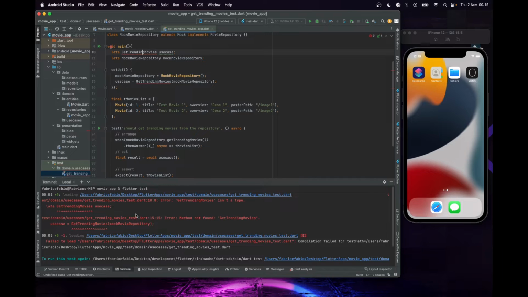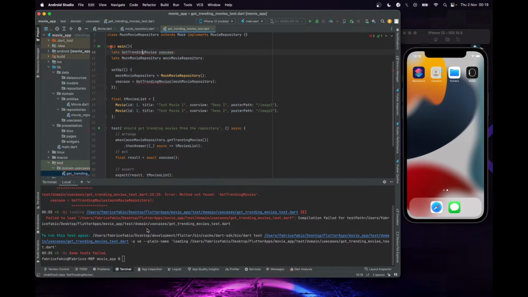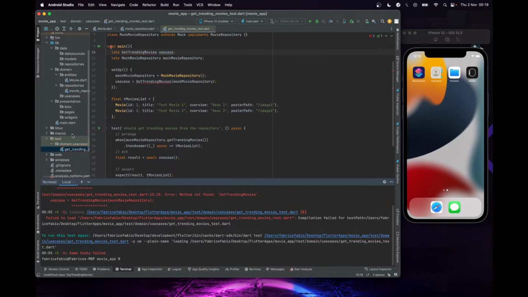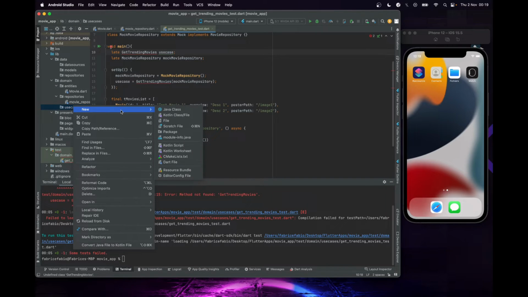That is normal because we haven't created any GetTrendingMovie file yet. So now we are going to create our first use case. Let's go to our use case folder, and yeah, we are